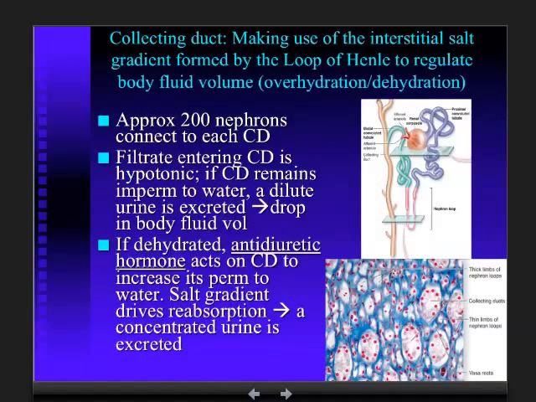I'm going to skip that slide for just a moment. So we've talked about this already. We talked about antidiuretic hormone acting on the collecting duct. Here's a hormone produced by your posterior pituitary gland. Where's your posterior pituitary? It's sitting in the sella turcica of your sphenoid bone. Remember that? And it's responding to the cerebrospinal fluid. And it releases that ADH. It circulates through your whole body and has its action on the collecting duct,